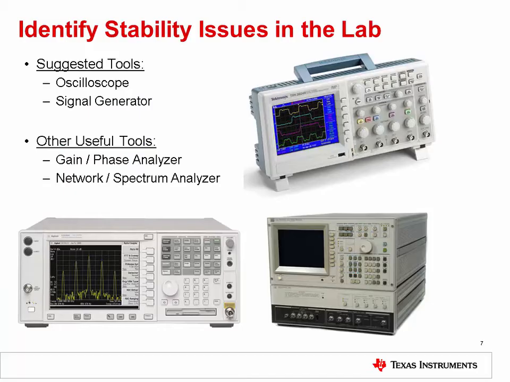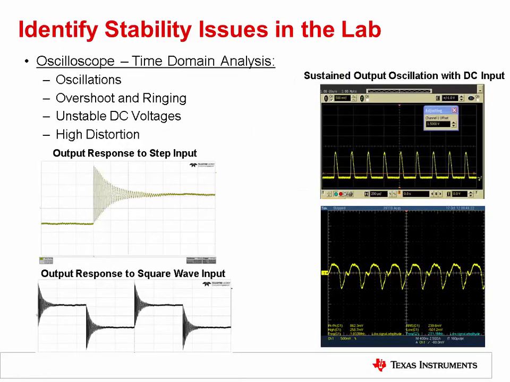Although solving op-amp stability issues takes practice and experience, identifying them in the lab is generally straightforward. An input signal generator and an oscilloscope are all that is required. The input step could come from a DAC that is already in the system or from an external function generator. If they are available, gain phase analyzers and network spectrum analyzers can also be used to help identify stability issues. Here are some images of output signals from unstable circuits taken with common lab oscilloscopes.